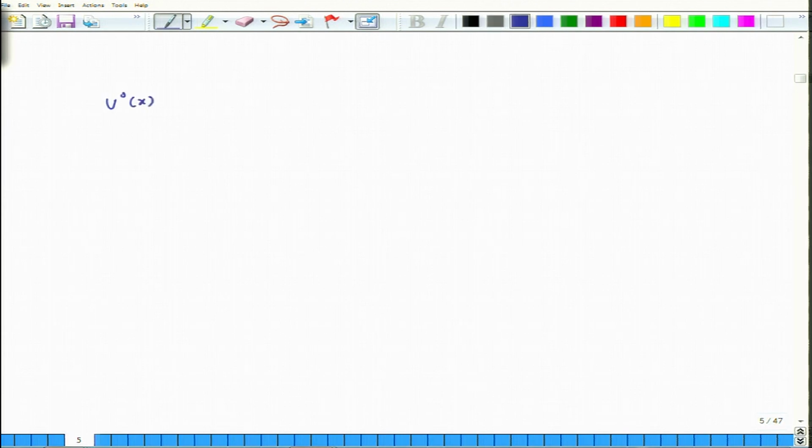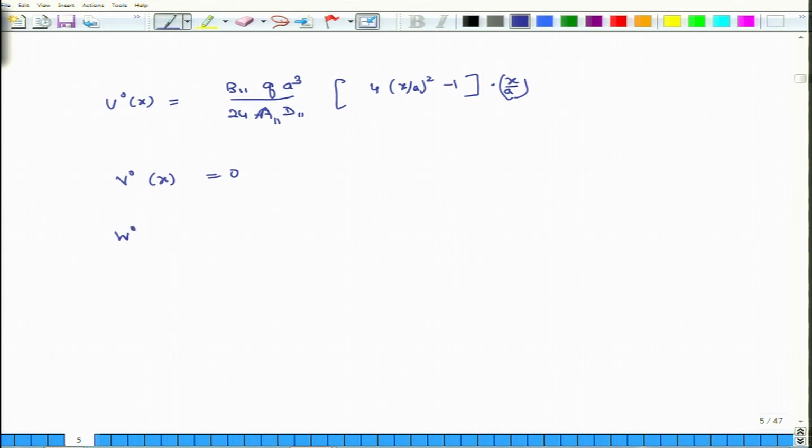u naught x is equal to B11 Q A cube by 24 A11 D11 into 4 times (x over A) square minus 1, times x over A. The relation for V naught x is 0, and the expression for W naught x is